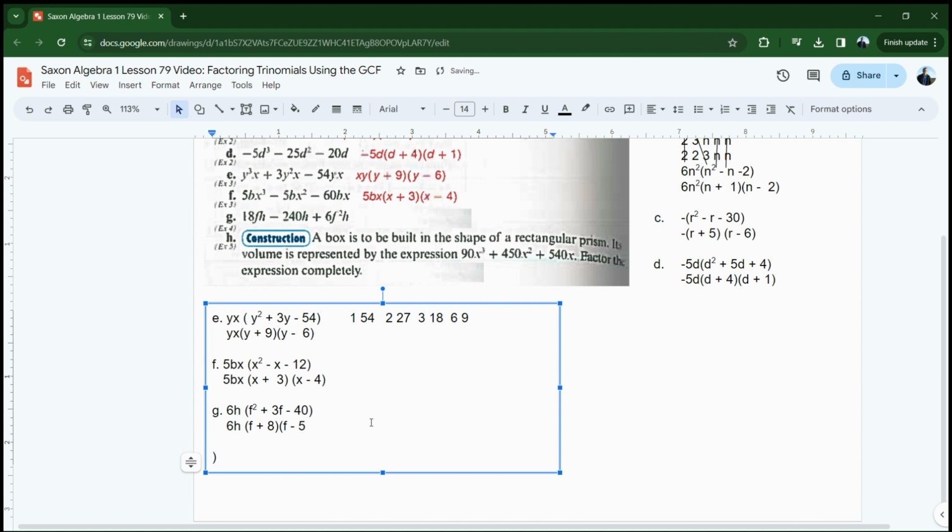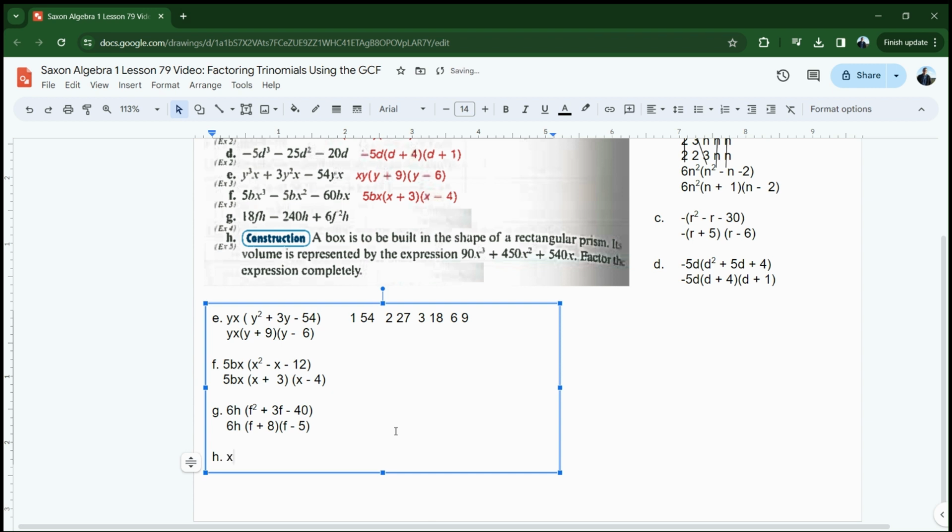All right, take a look at letter H. Letter H is our word problem. A box is to be built in the shape of a rectangular prism. The volume is represented by the expression 90x cubed plus 450x squared plus 540x. Factor the expression completely. Well, first of all, are there any variables that can be taken out of all three of those terms? I see that